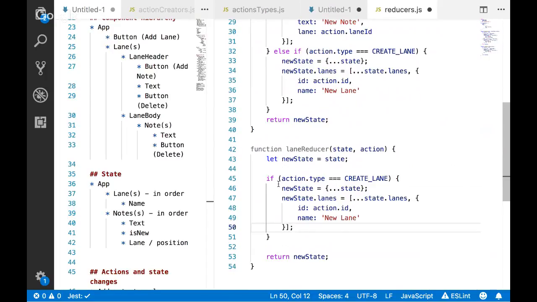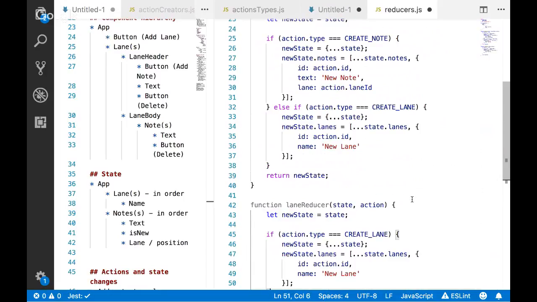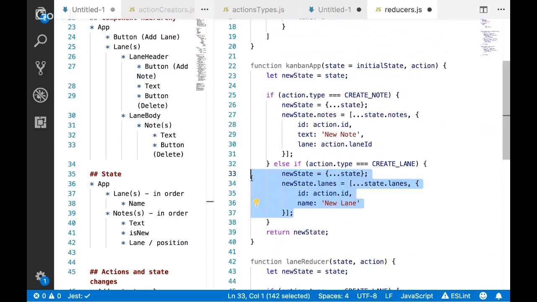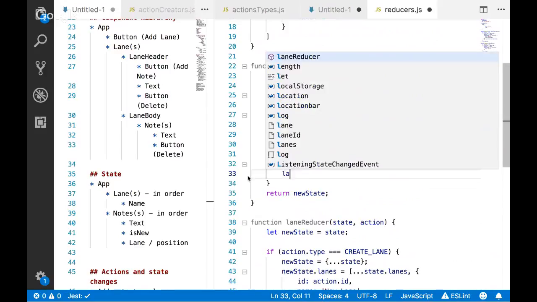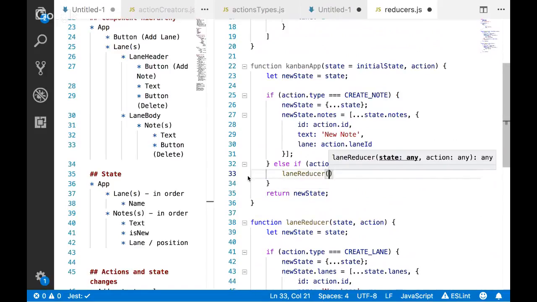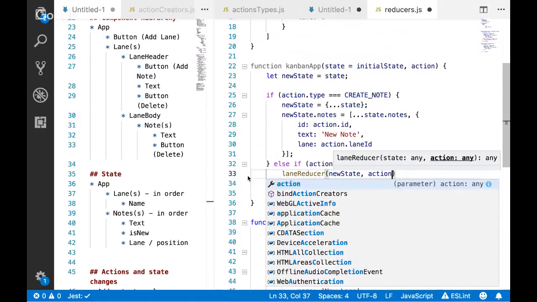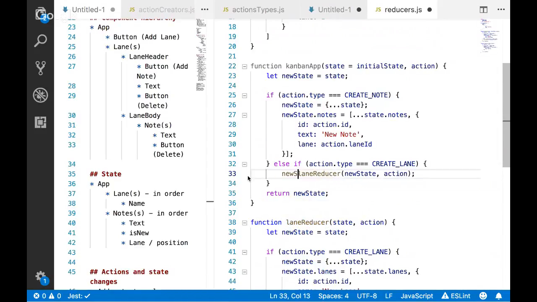So if we've got something that can modify, create our new state, well, one thing we could do is move it up into here and say, if create lane, then we'll call the lane reducer, passing in our new state and the action, and assigning that to new state or whatever. That's one option for us here. And then obviously we could do something very similar with create note, right? Where we can make a function